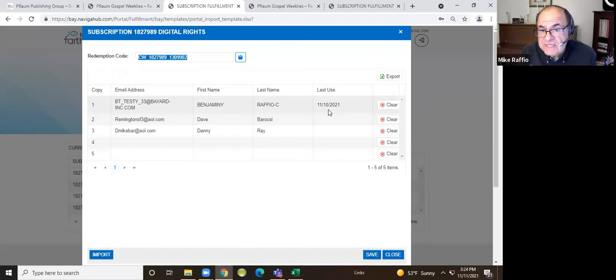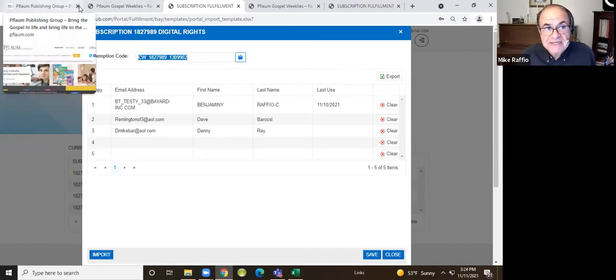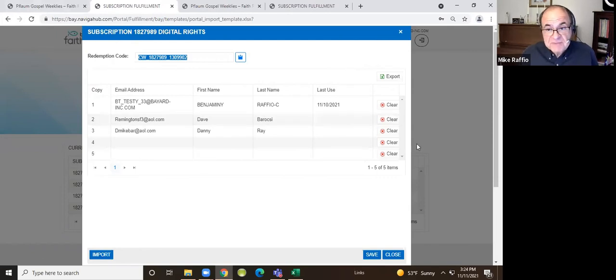But as the year goes on, if you want to see whether or not people are using it, and if you come back here and it still says 11/10 and it's March, then you know that these people have registered, but they have not gone back to the site since November. Remember, you can only give access, whether it's by code or by listing them here, to the number that you have purchased. So the number of copies that you have ordered, which will be here, in this case, it's 5. That is the maximum number you can give anybody to use. So you can only give it to 5 people, 4 if you're keeping 1 copy for yourself.